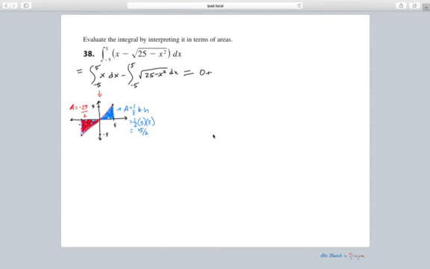Right? Plus, so then I'll have the integral -5 to 5 of root 25 minus x squared dx. Now, this one's a little trickier, and you have to know a little bit of geometry, and some of you may remember this, some of you may not, but